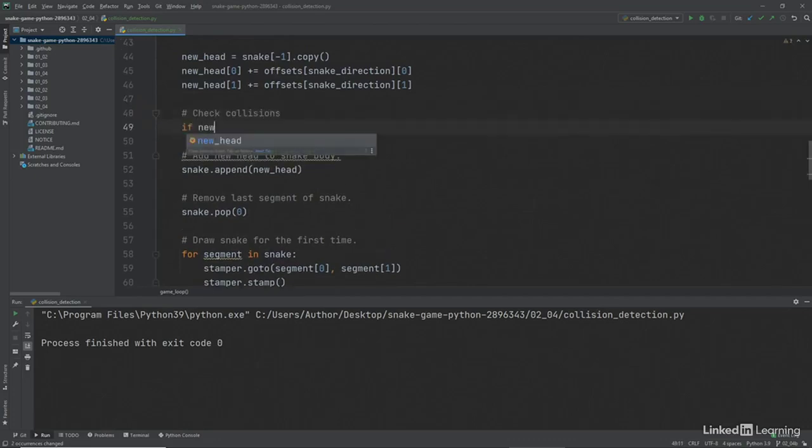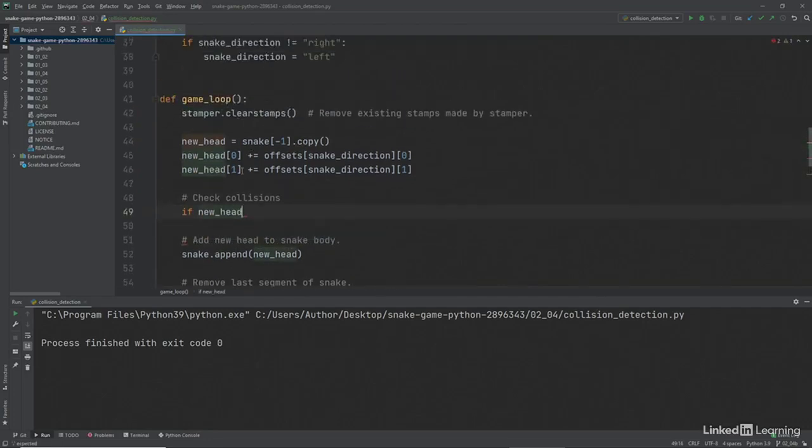So if the new head, that's what we just created, so this is exactly the same as it was in the last video, the creation of the new head, but now we're going to do a check based on that new head, right? So if new head is in the snake, okay, so that would be a snake with snake collision, or new head 0, that's the x coordinate of the new head, is less than negative the width. So if you think about it, the center of the coordinates is 0, 0, so half the width negative would be the left hand wall. So if it's less than that,